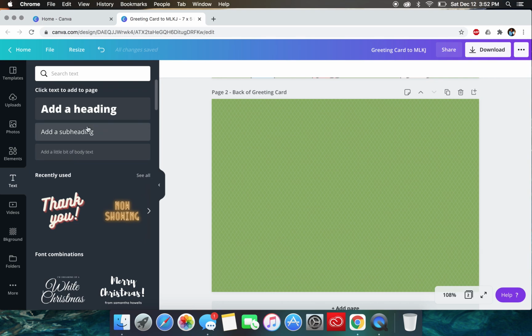and we are going to start a new body of text. So you can add a little body of text, add a subheading, or add a heading. So we're just going to add a little body of text, and it could start off to say, Dear Martin Luther King Jr. Okay. So this is where we would start. Let's move it up a little bit so that we have space for our